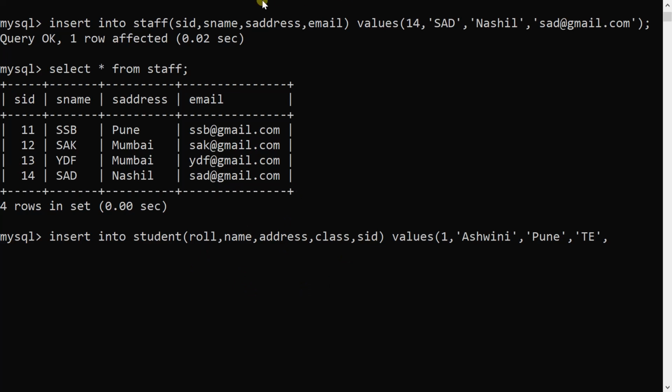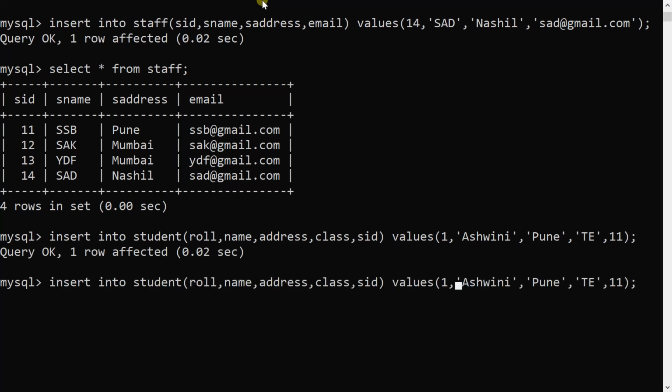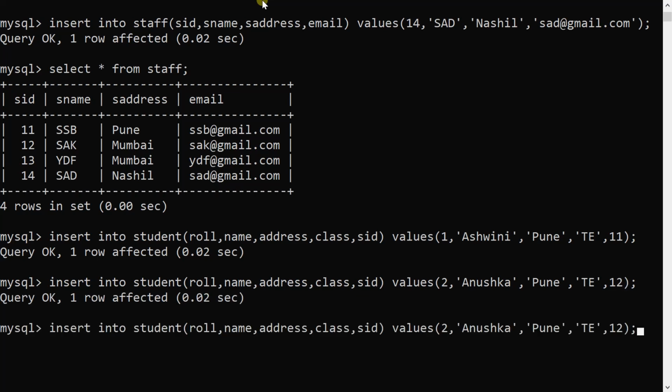So here I will use 11, so my record will be inserted. I will insert the second record, 2. Roll number 2, the name is Anushka, and then address Pune. She's in IT only. And if here I write 12, again it is okay.